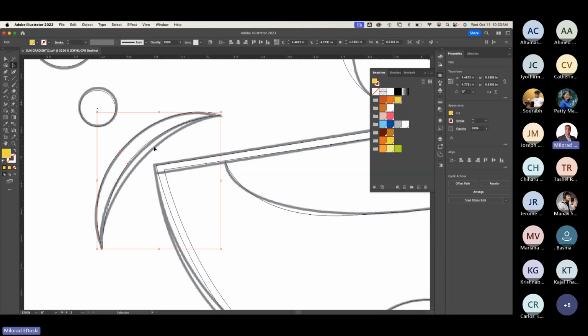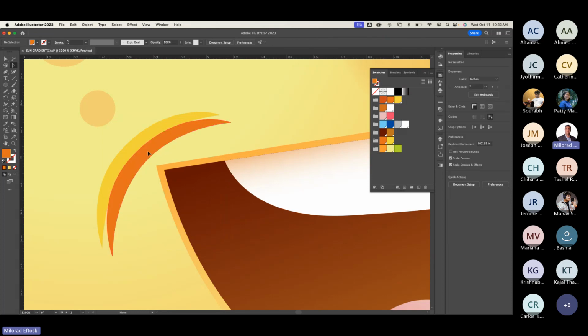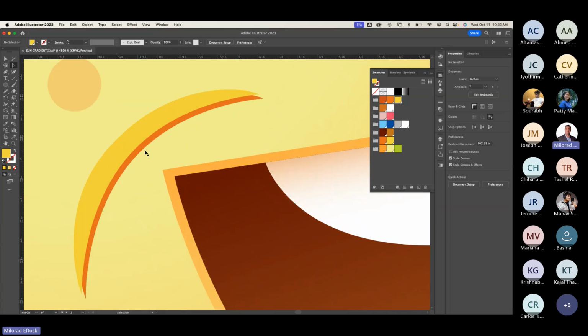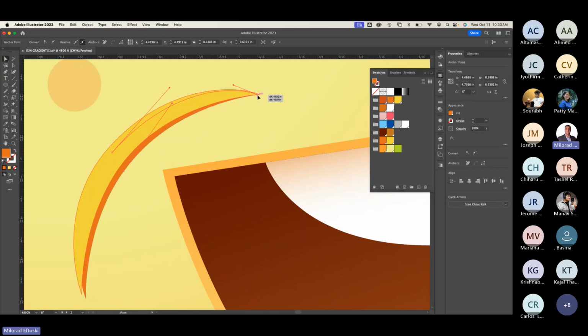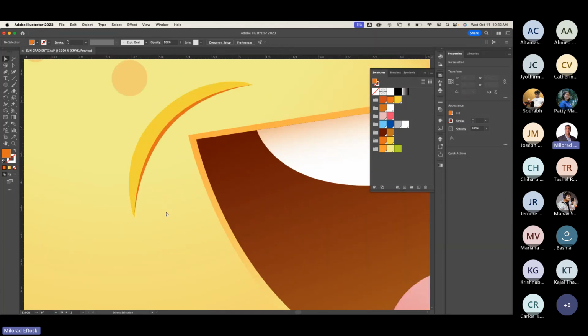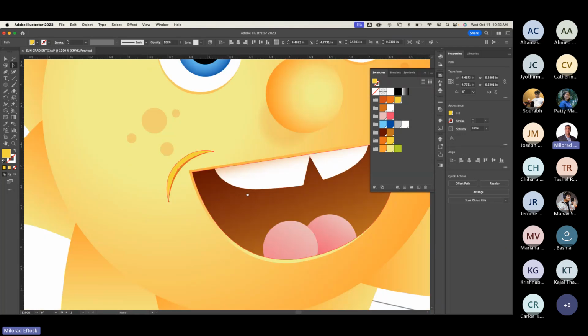So I can just do Option drag, make this the darker one, and send this to the very back, basically, right? I can just bring this one to the front, and send this one to the back. But to align it perfectly, sometimes you got to adjust the points. So watch this. I'm going to use the white arrow tool. I'll grab this corner. I can do this if I want, see? And I can grab the other corner and just move it over here. So I can really control the way the arcs are united, you see? So you can edit the shape based on the way it's overlapping, right? So maybe this can look better like that now,